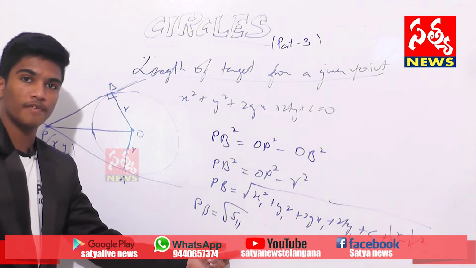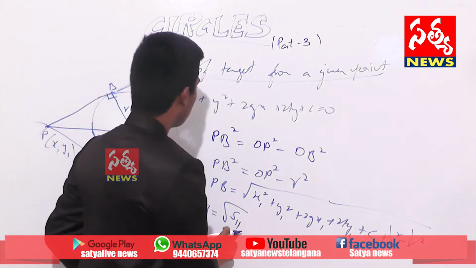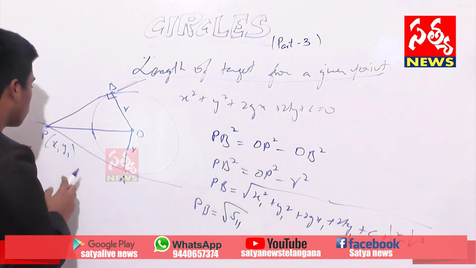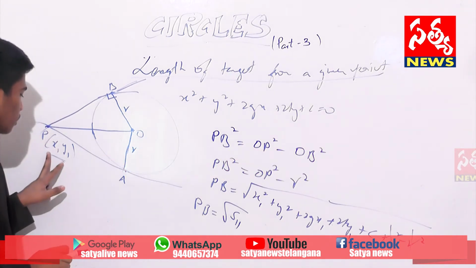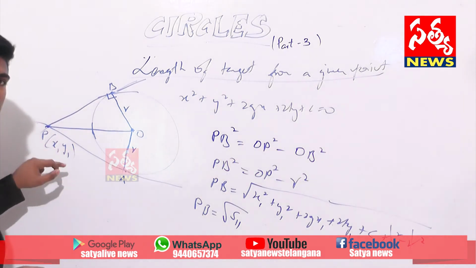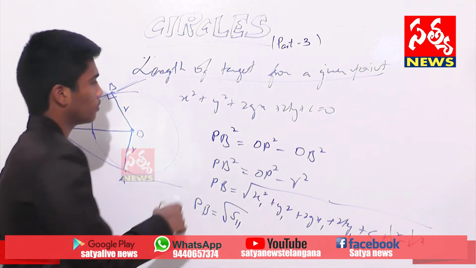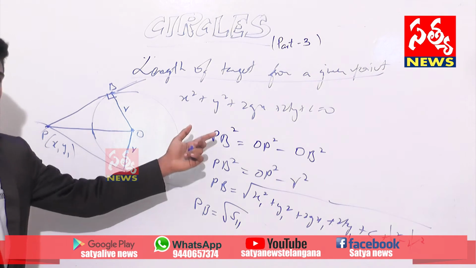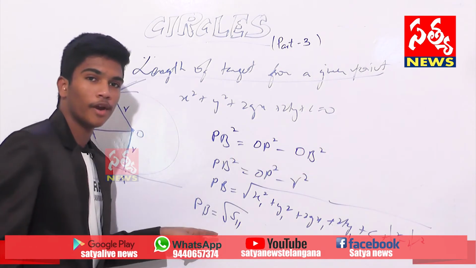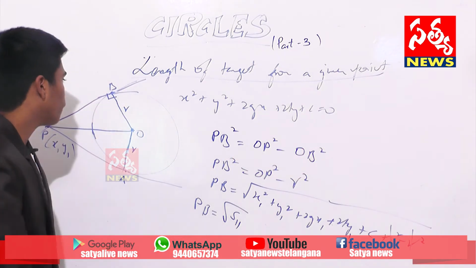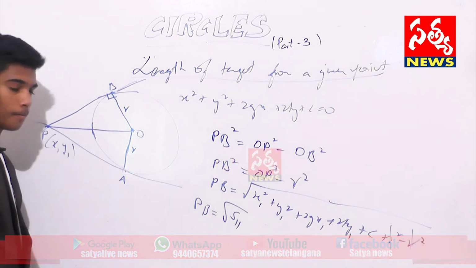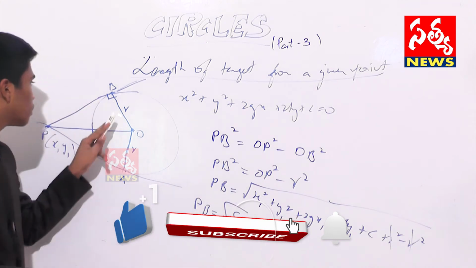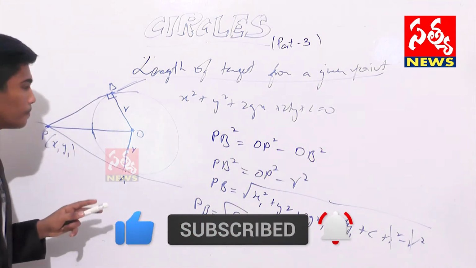The meaning of S11 here is the equation of the circle which consists of the elements, the coordinates x1 and y1. That means substituting the values of x1 and y1 in the equation of the circle and its square root will give the length of PB or PA. Nothing used here except the Pythagoras theorem.